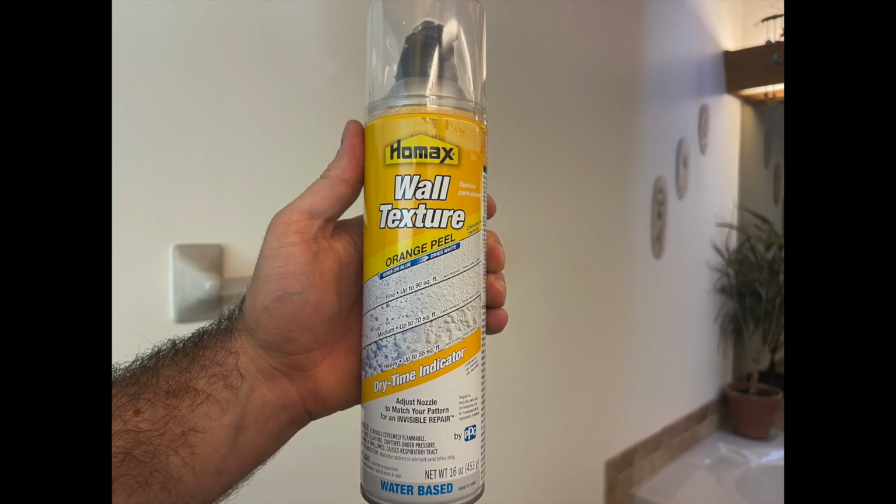Now we're going to be adding our texture. We're using Homax orange peel wall texture. There are 3 different settings, but the one that matches what we've got already on the wall the best is the fine. We're going to set this up on fine and step back about 2 to 3 feet and spray